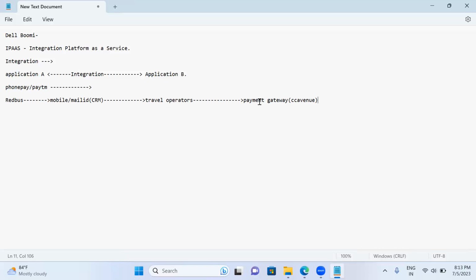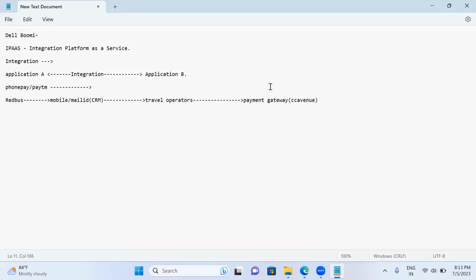That is, whatever amount is in my account. Let's take an example: in my account I'm having 5,000 rupees and I'm traveling from Hyderabad to Bangalore. So the ticket cost is 2,000. This payment gateway has to fetch the 2,000 rupees from my bank account, and then it has to send the confirmation to Redbus saying that okay fine, I have collected 2,000 rupees of a particular traveler, please let's confirm